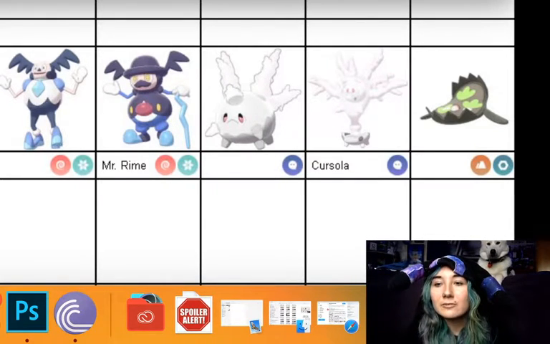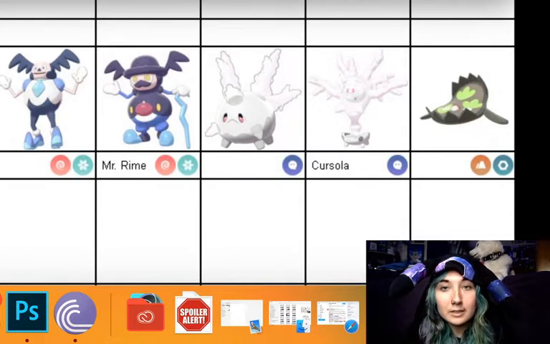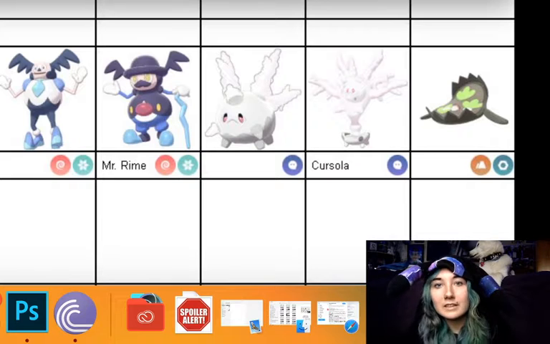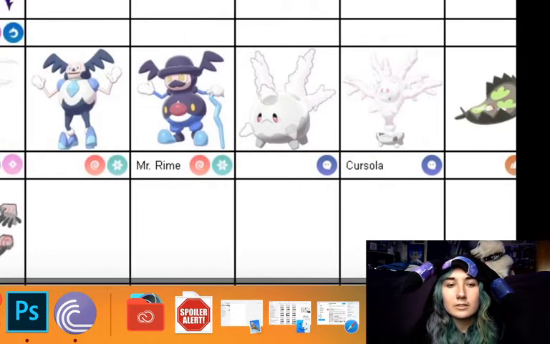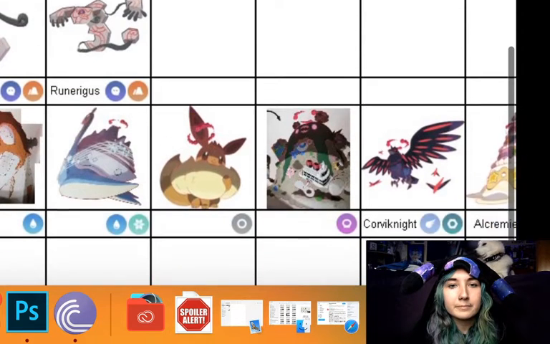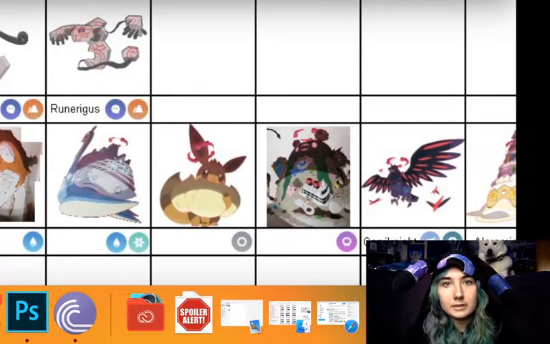Then we have Stunfisk, I believe is his name. He now looks like a bear trap, has little feet on him, and his beak thing is more of a Pokeball look, which I think is pretty cool. And then from there, we go to